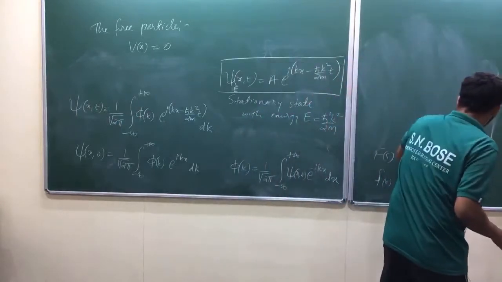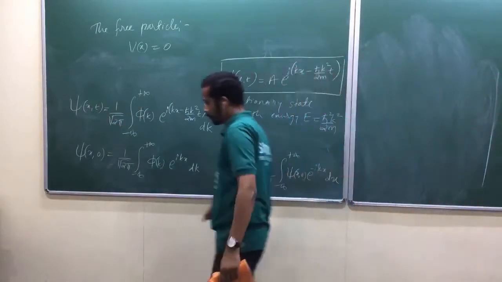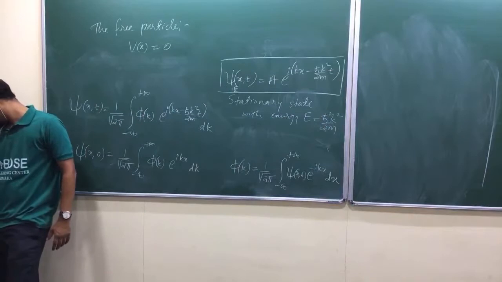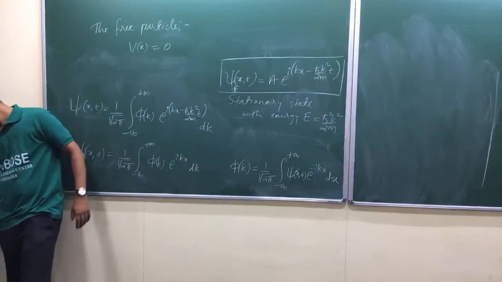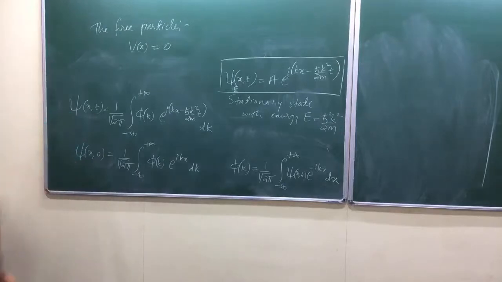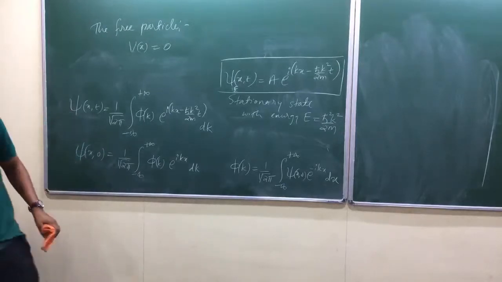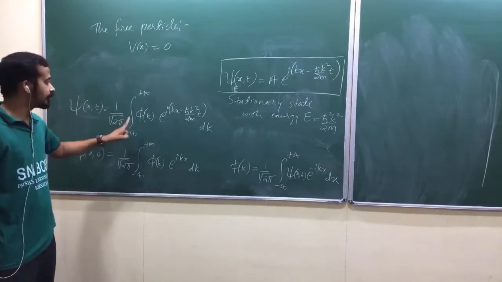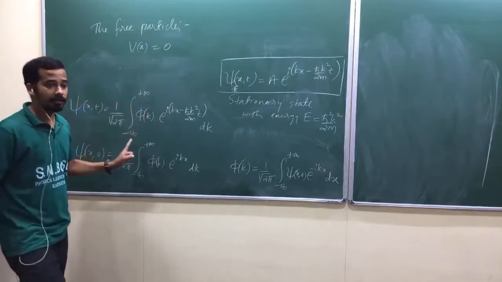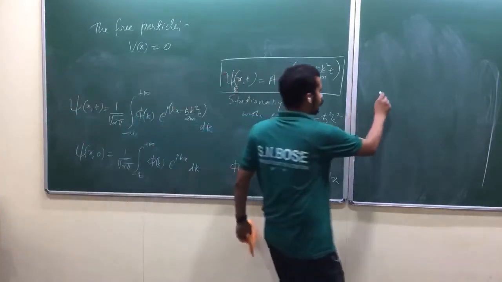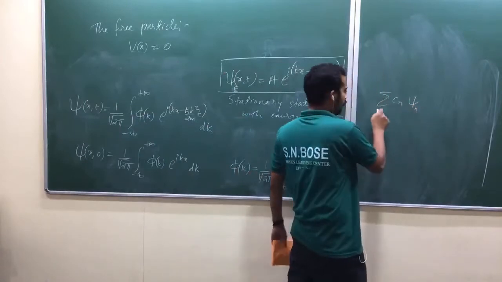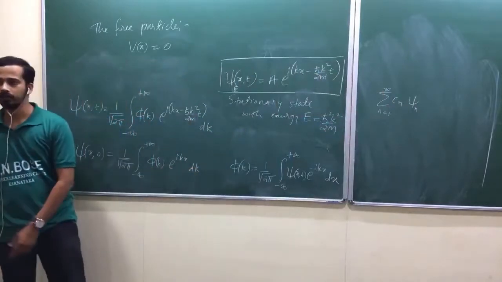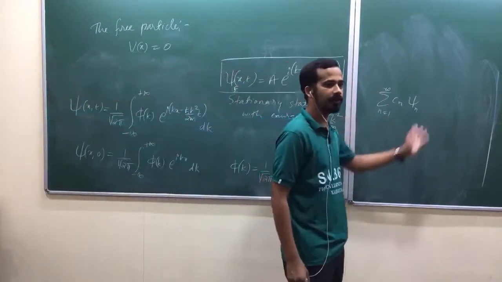Again, in the next chapter, I'll come to this point. Okay. But look at here. We shall do one problem. Yeah, for a free particle, your region of interest is minus infinity to plus infinity. But here, this minus infinity to plus infinity is not because of that one. Okay, it is again, you used to write Cn into psi n. Am I right? N will run from, suppose, particle in a box, 1 to infinity. All possible energy states, isn't it?